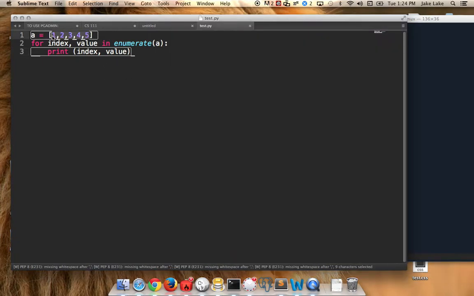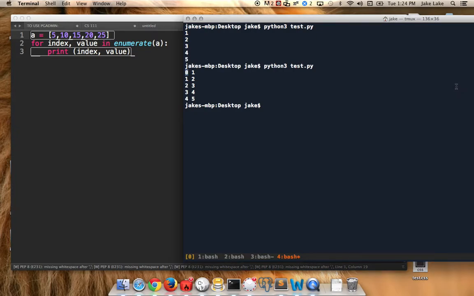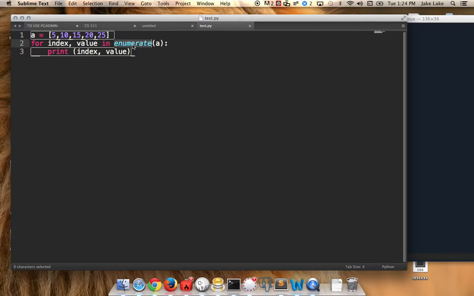These values could be anything. They could be 5, 10, 15, 20, 25. The index isn't going to change, 0, 1, 2, 3, and 4. The values, however, do change based on what's in it. So if you need to know the index and the value, you can use this enumerate function. If you only need the index,